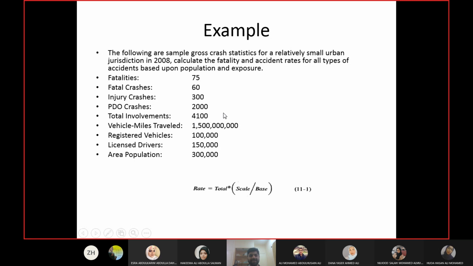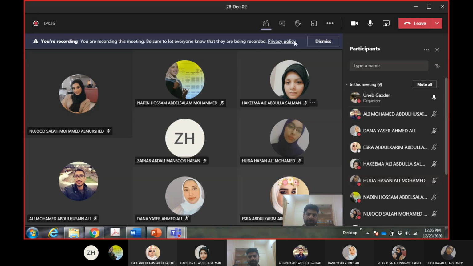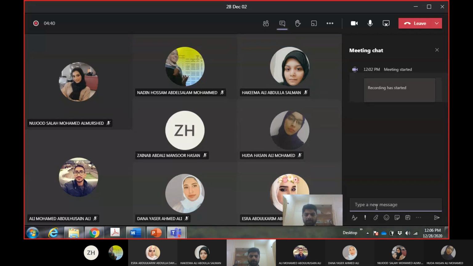Now for the severity index, I said we will divide the number of fatalities with the number of crashes. Number of fatalities 75, number of crashes 2,360. So severity index will be 75 over 2,360. Now keep in mind, I said it yesterday as well, that 75 is the number of fatalities, not number of fatal accidents. Number of fatal accidents were 60, but some of the accidents had more than one death. So we have number of deaths as 75.